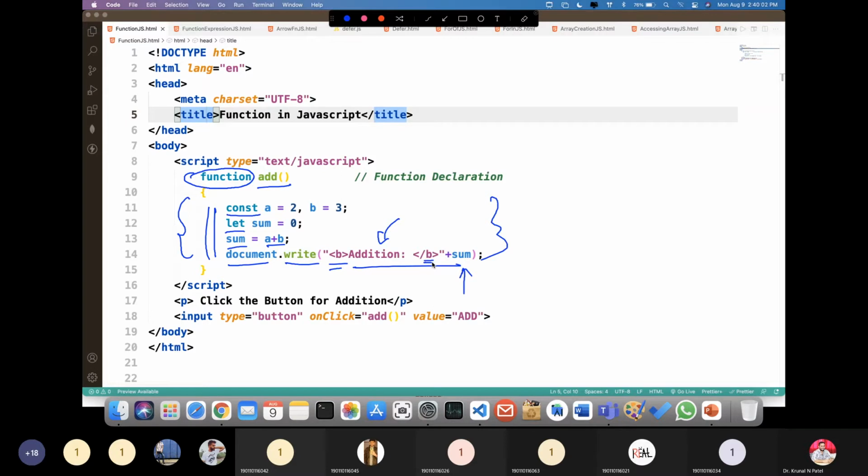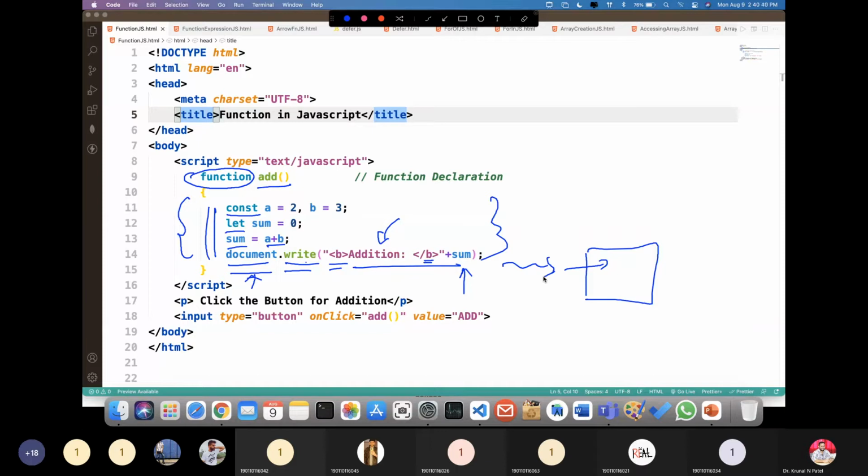Ultimately, we are going to print this message in our web browser directly. If you want to write something on the web page directly, then you use the document.write method. Document is an object and write is a method of that object. We will learn the object hierarchy in detail in later sessions, but right now just remember that the document object has a write method, and the job of the write method is to display a message directly in the web browser.